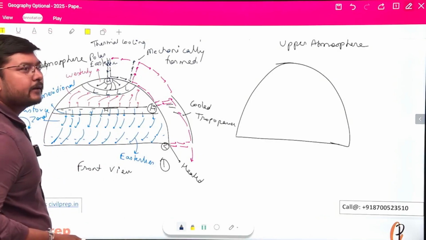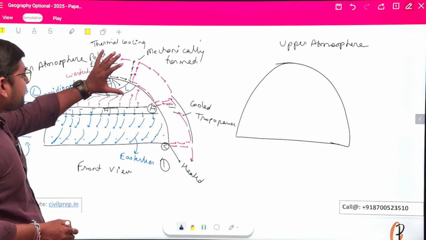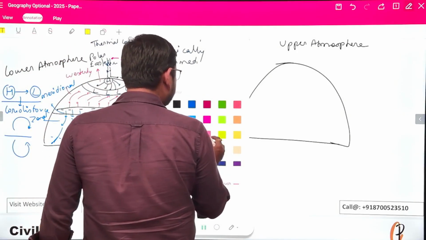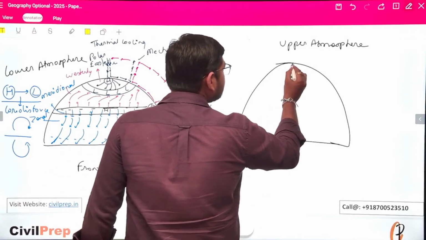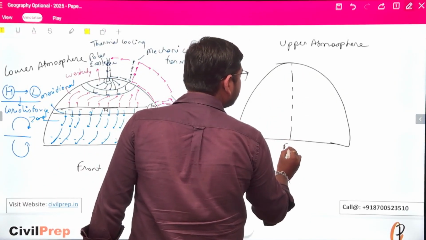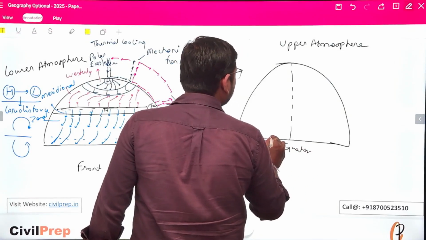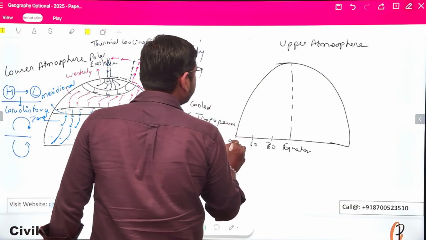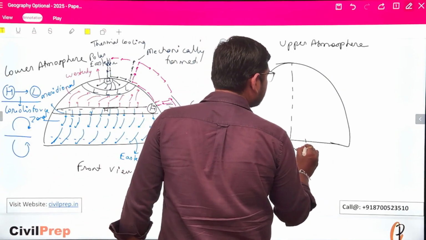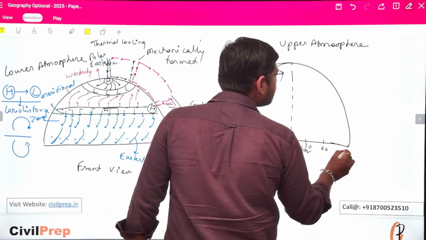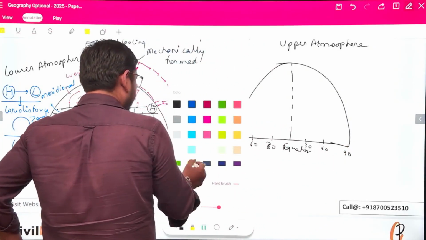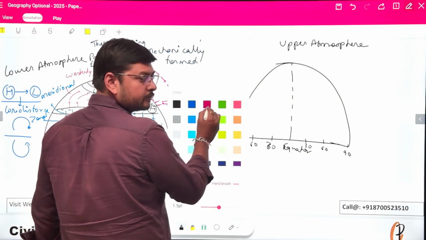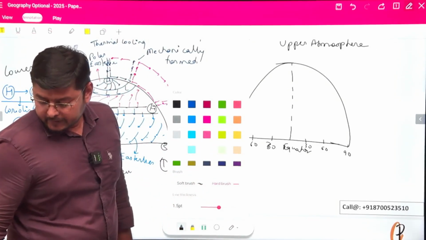Now, what we are seeing here, this is the part of the wind system which is seen in the lower atmosphere. But when we go to the upper atmosphere, what we see here, for example, this is equator, this is 30°, this is 60°, and this is 90°. Okay, towards the southern hemisphere, this is again 30°, 60°, and this is 90°. So here what we see that we have a region near the equatorial region